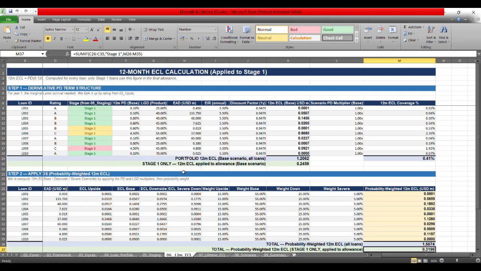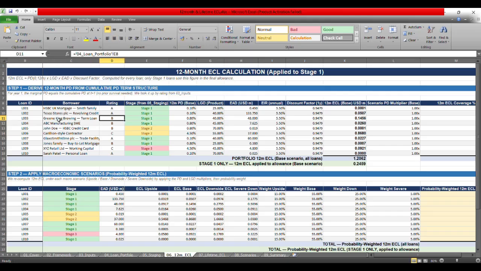Okay, now move on to our numbers part, the actual numbers. This sheet is basically calculating the 12-month ECL. Remember that officially, the 12-month ECL concept applies only to stage 1, but here I have calculated for other stages as well to complete the mechanics. Otherwise, from a conceptual understanding point, you should never forget that the 12-month ECL is computed for the stage 1 accounts.